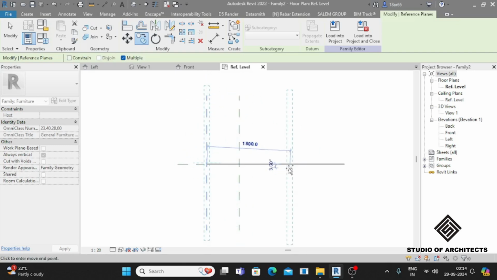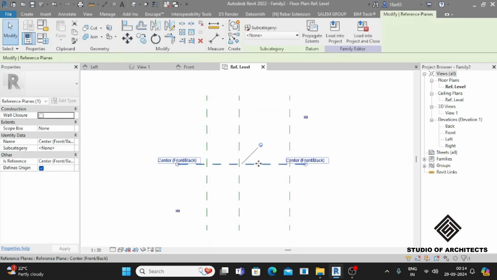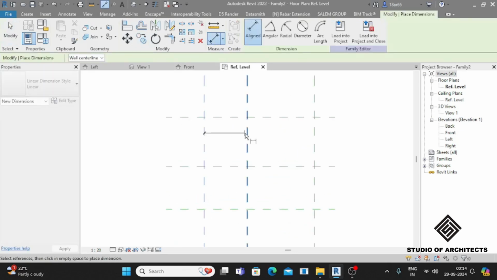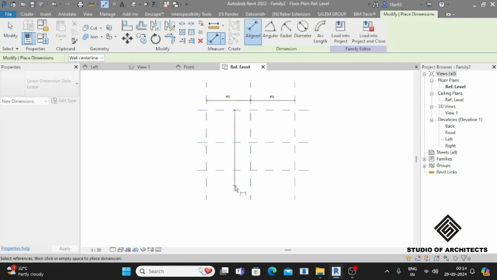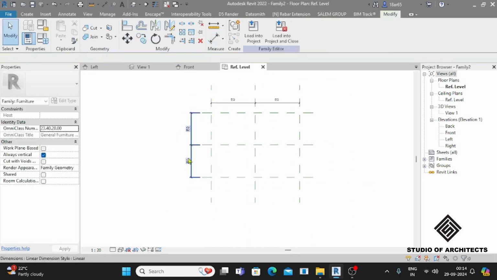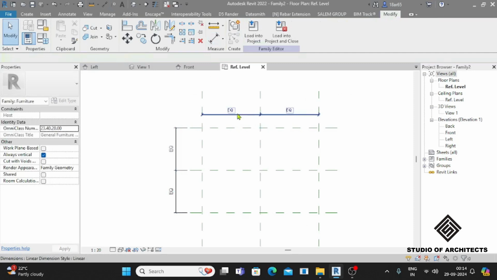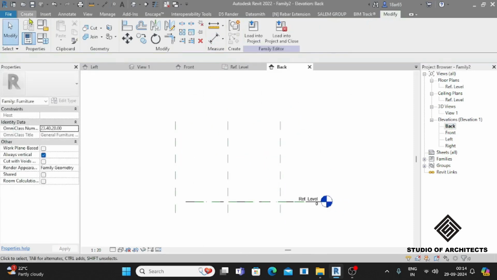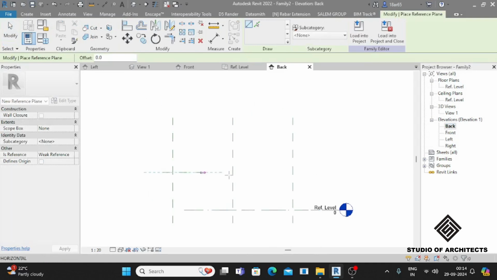Open it, create the reference level for the table dimension. Just copy, add the dimension, equidistance, lock all dimensions. Go to any elevation, create a reference plane,